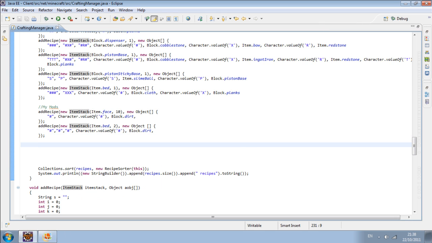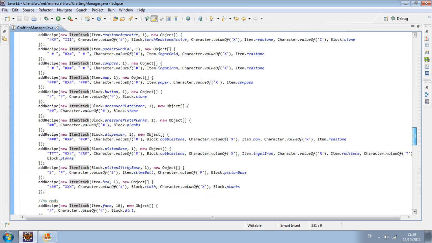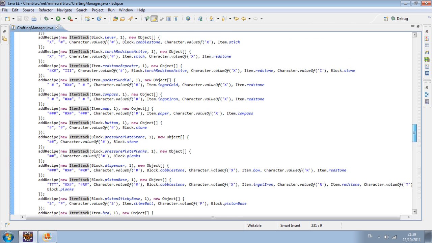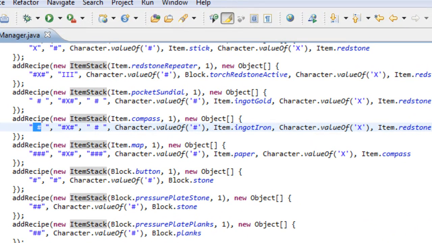Okay, so now we've decided we want to make a diagonal recipe. So for example's sake, we're just going to scroll up and find something that already uses an existing recipe that you might understand. Okay, we'll just go with the compass. Now when you look at the compass, it uses a ring of iron ingots and then a redstone dust in the middle. As you can see here on the first line, so row 1 of the crafting recipe, we've got